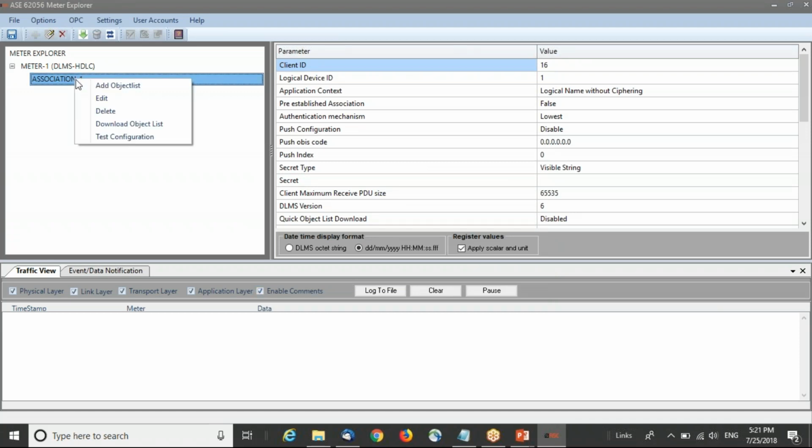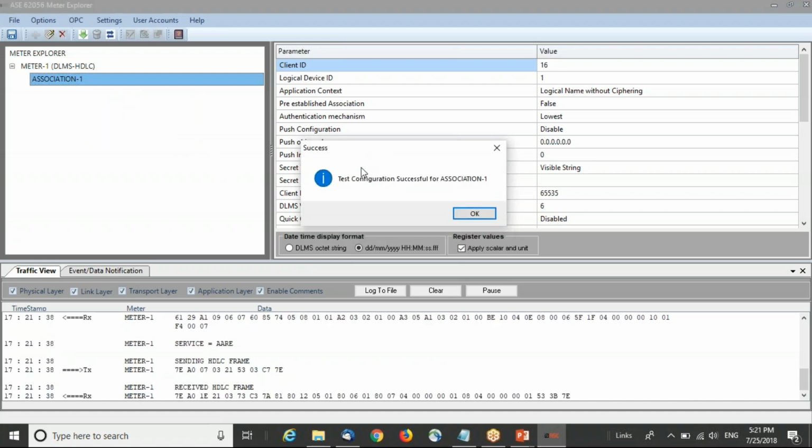And the next step is I can either download the object list or I can use a test configuration. The test configuration is an optional step just to verify whether all the communication settings that we have configured in Meter Explorer so far are good to communicate with the meter. So I'll go with this option of test configuration.